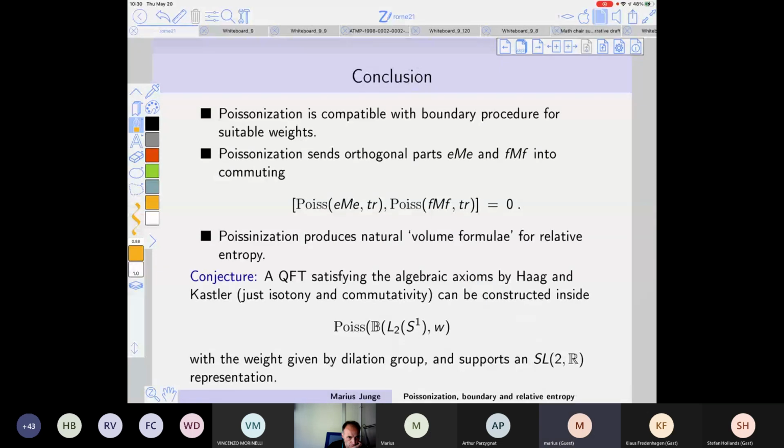So yeah, and then we conjecture that we actually can construct some kind of quantum field theory using this Poisson algebra on the circle, which is compatible with the dilation group. So that's what we are trying to do. And you can think of this as a slight extension of the Weyl algebra, where we allow some extra, what they call in quantum probability, gauge operators to be in the algebra, right? So it's the Weyl algebra plus a little bit more. And that's what we want to realize here. And I think it's just not clear how much the little bit more is which actually works. So that's what we are trying to figure out at this moment.